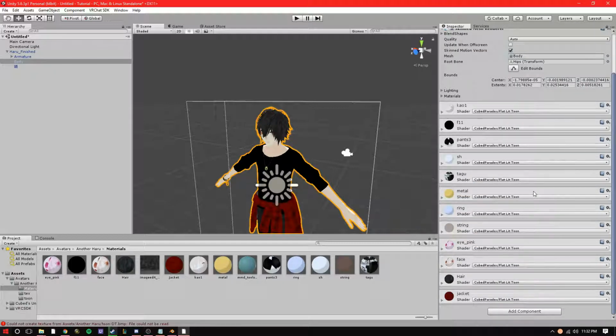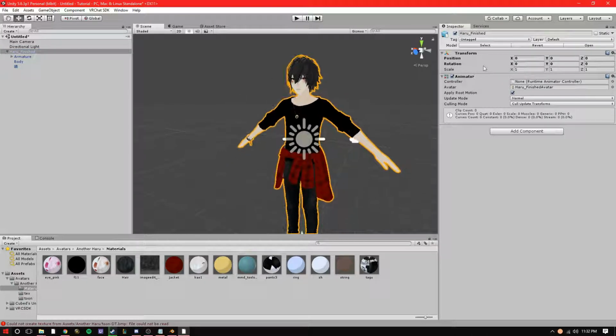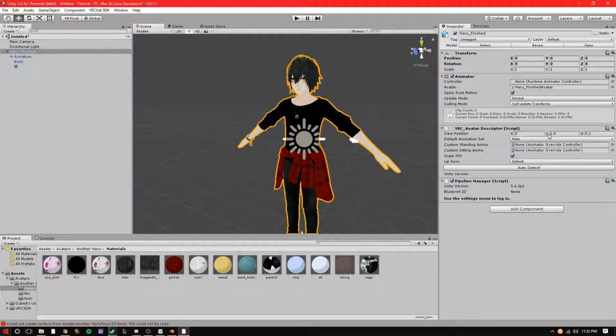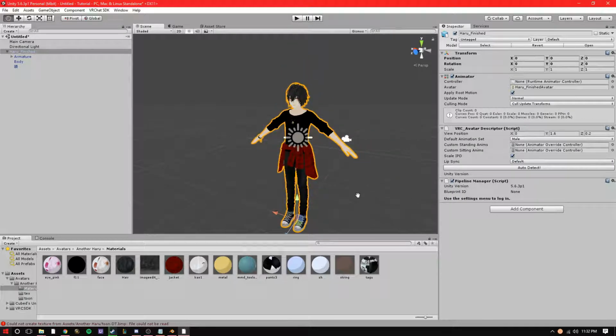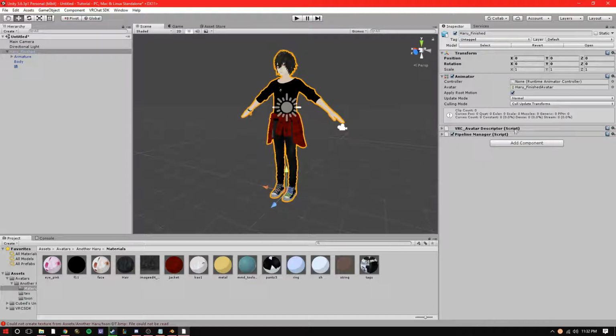Alright, once you have all those changed, now you select your whole model right here, and it's going to show all the components over here on the right hand side. What you want to do is add in, I usually just search AVA, it's going to show the VRC Avatar Descriptor. Open that up, and this is your actual viewpoint, where you're looking from, like the camera. So what I usually do is I set